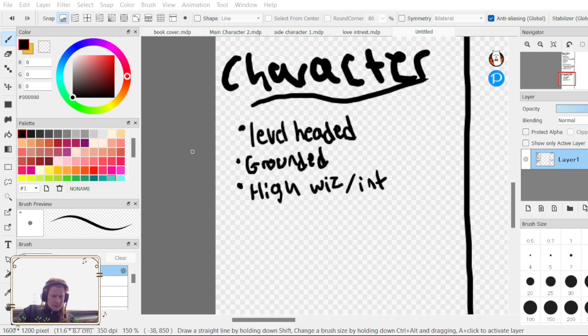What other character? We could make her... Well, if she's level-headed, she's not going to be that emotional, but I guess she'd be in love with him, which is somewhat emotional, but she's level-headed about it.